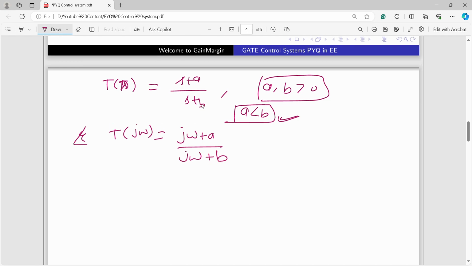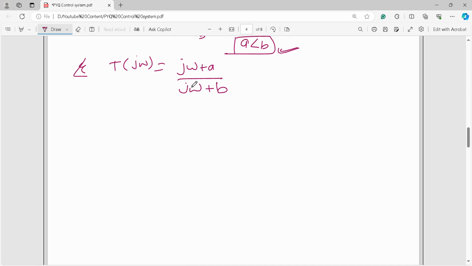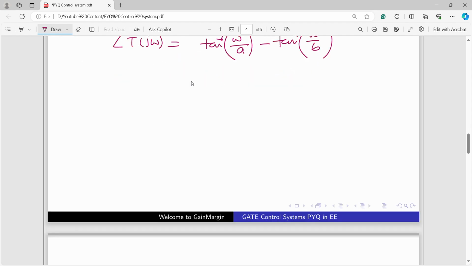All right, then find out the phase for this. As we know, this is a complex value, this is complex, this is also complex, and they are in the first quadrant, so there will be no problem. Straight away we can find the phase: tan inverse of the imaginary part, omega by a, minus tan inverse of the imaginary part, omega by b. All right, and then